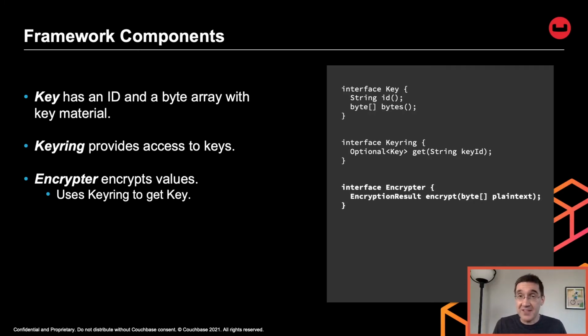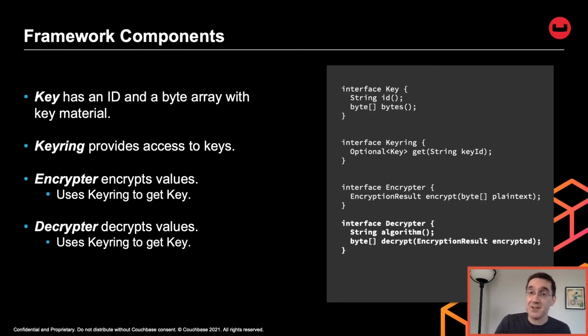There are encryptors, and these are just what they sound like, little bits of logic that know how to encrypt a plain text message and generate a ciphertext, an encryption result. When you make one of these, if you're going to use a key, you pass the name of the key into the constructor. That's important. Every time the encryptor encrypts a field, it asks the keyring, hey, get me the key with this name. It also writes that key name into the encryption result so that the decryptor can undo all the hard work of the encryptor. It can look at the encryption result, get the key name, ask the keyring for that key,